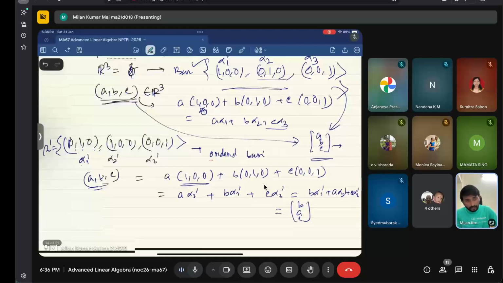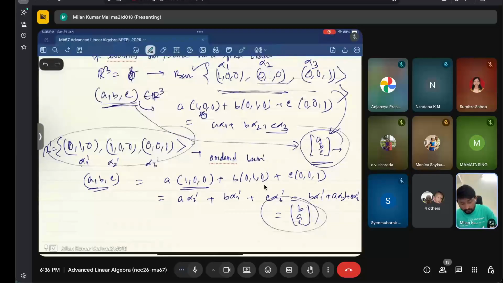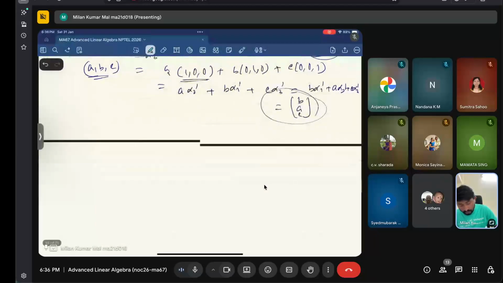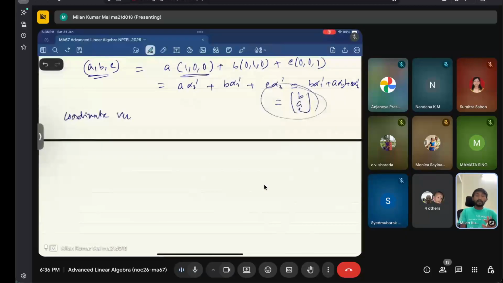So let me write the coordinate vector formally. The coordinate vector specifically depends on the specific ordered basis. So if you change the ordered basis, the coordinate vector will change, and there is an important relation between the change of the ordering of the basis. Okay. So the coordinate vector is that, let